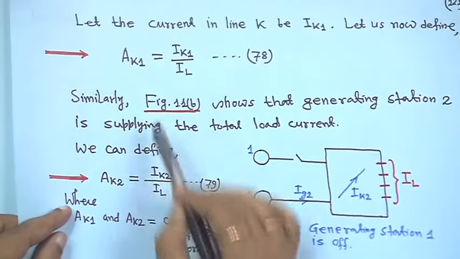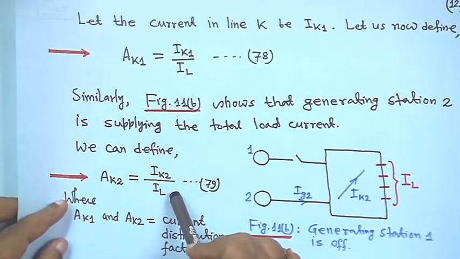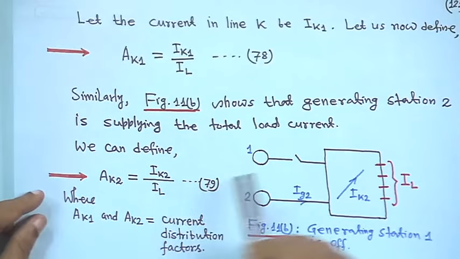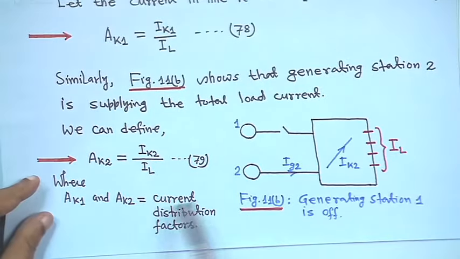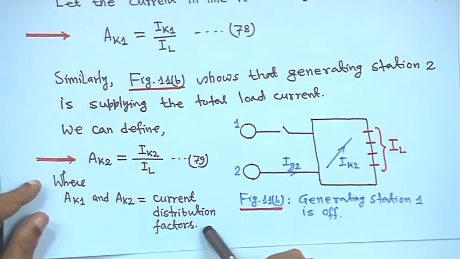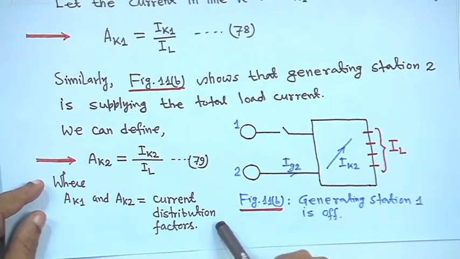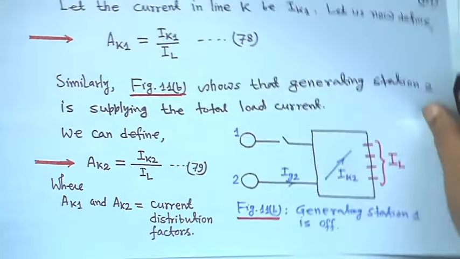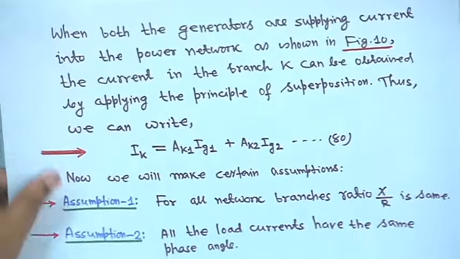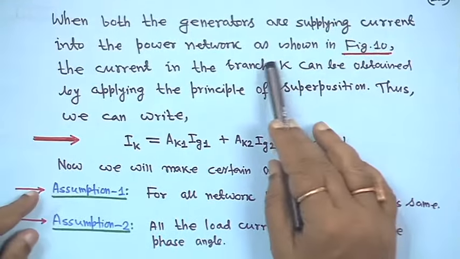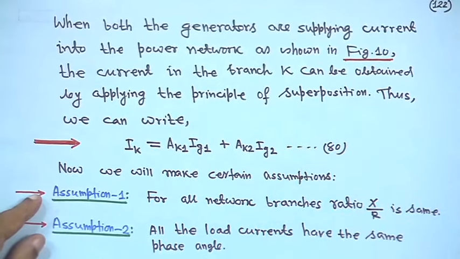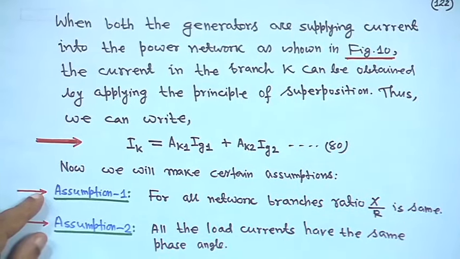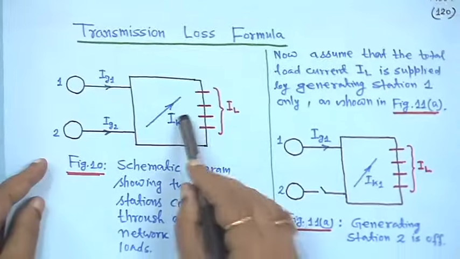So, these two terms AK1 and AK2 are defined because we have to make some approximation. AK1 and AK2 are generally called current distribution factors. Once we make such an arrangement for analysis, now when both the generators are supplying current into the power network as shown in figure 10,